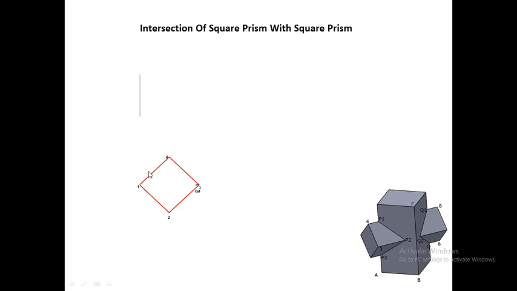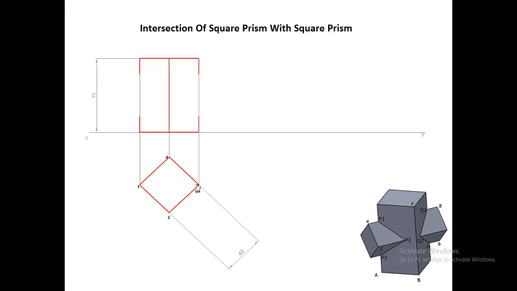After drawing the top view, now we will project the front view of this vertical square prism. Before that, we will draw the XY line. So this is the XY line. Now we will project the front view from the given top view. So we are projecting all the points one by one. I have projected point number 1, point number 4 and point number 3. Point number 2 and point number 4 are collinear, so these two points will lie on a single line. Now we will project the height of the vertical square prism in the front view. So this is the front view of the vertical square prism with height of 75 mm.